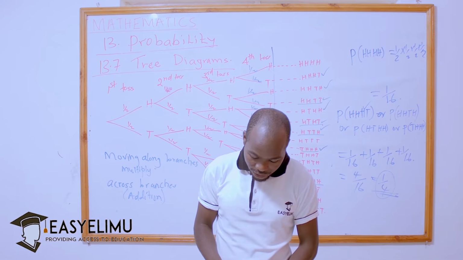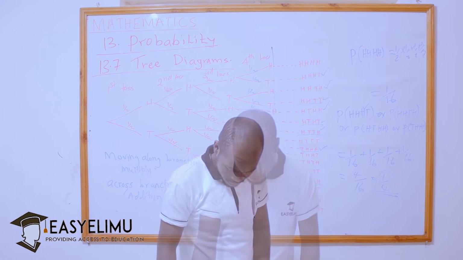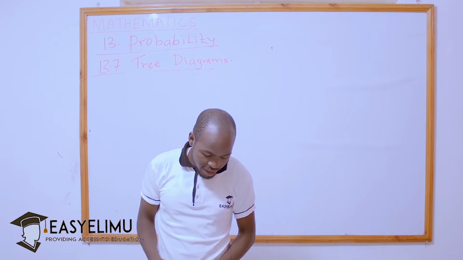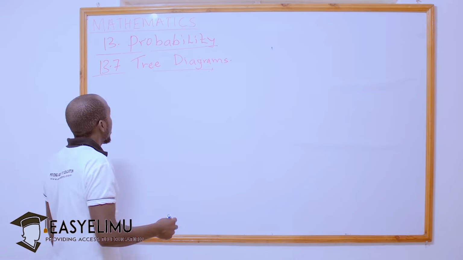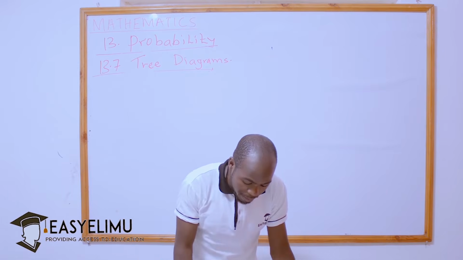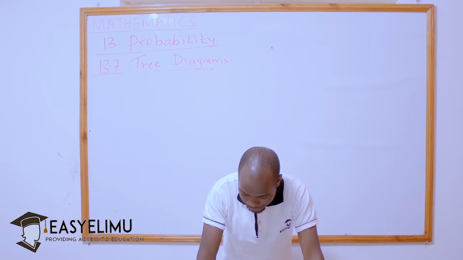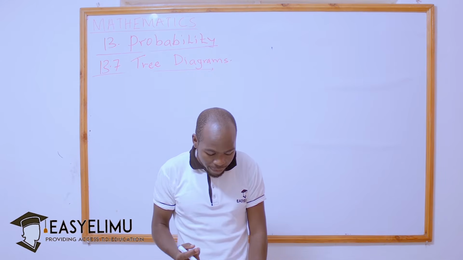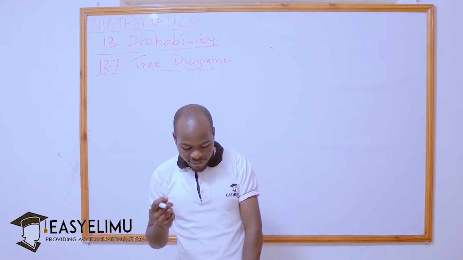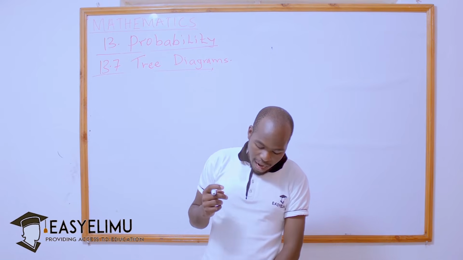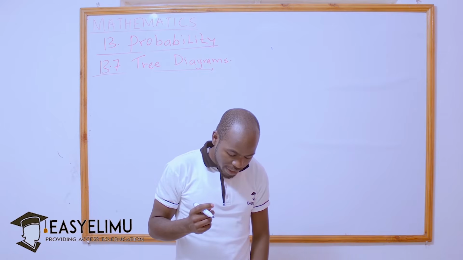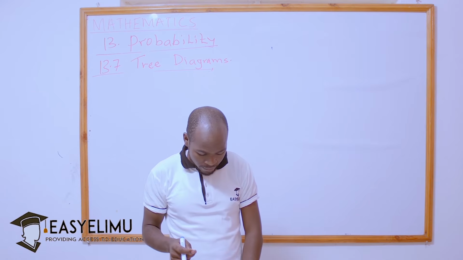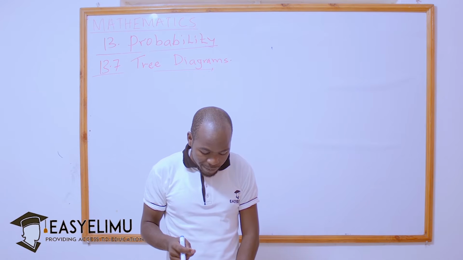Let's see another example containing the same. We have another example: the probability that a day is rainy is a quarter. So here, we have been told the probability that a day is rainy is a quarter. The probability that I carry an umbrella on a rainy day is 1/7. And that I carry an umbrella on a non-rainy day is 2/7. Find the probability that